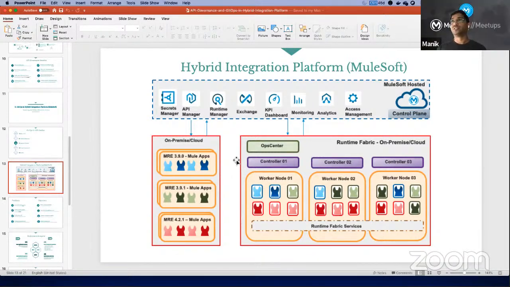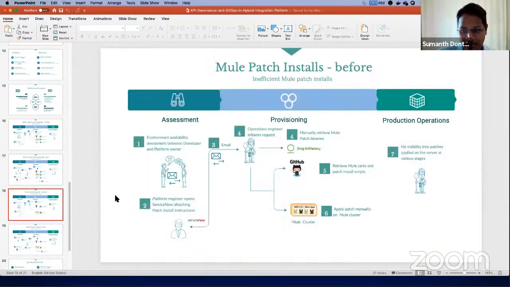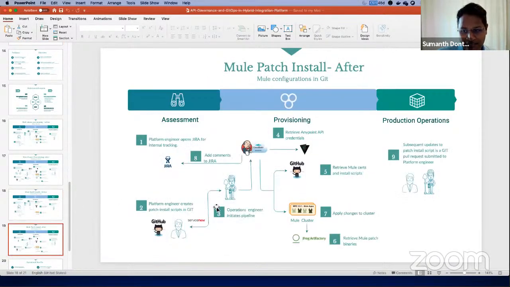Okay, that's good. Going to the next one, can we get some workflow on Mule patching? That's the only question. If you want to really understand the workflow on the Mule patch, these are the steps. How did I get this? I'll tell you. I just go to any patch documentation support page. It tells you the steps one by one. It states download this particular binary.